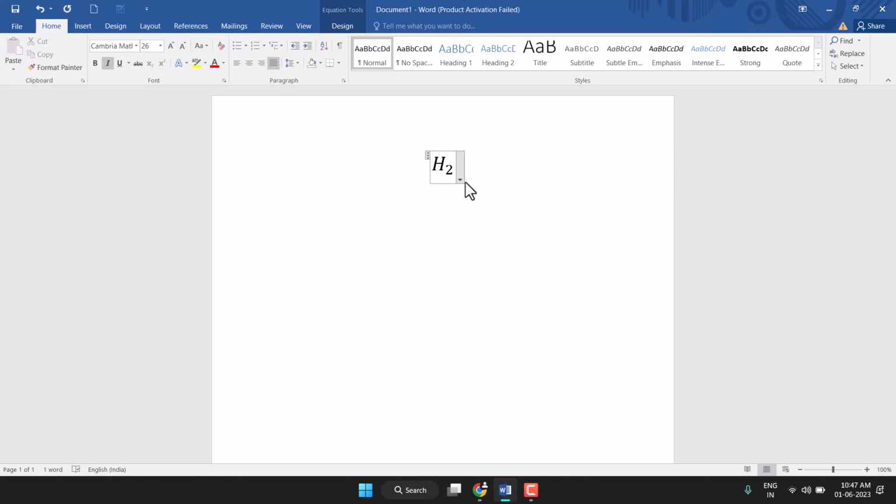You need to click on the right arrow button, just click on it, and now type O. So H2O you can very easily type. This is the first way. The second way: